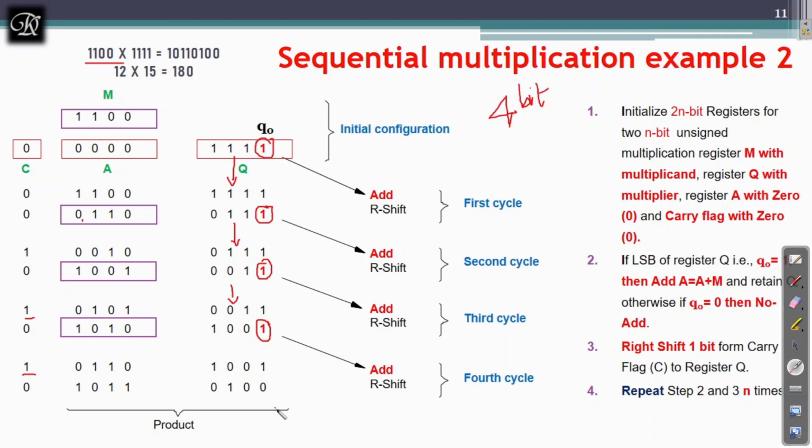Now let's check whether I got the correct answer. Your job is to convert this to decimal and check. It is nothing but 4 plus 16 plus 32 plus 128. It should be 180. And as I told you, when converting binary to decimal, if the last bit is 1, then it is an odd number. If the last bit is 0, then it is an even number. So our answer is an even number. Of course, the last bit should be 0.